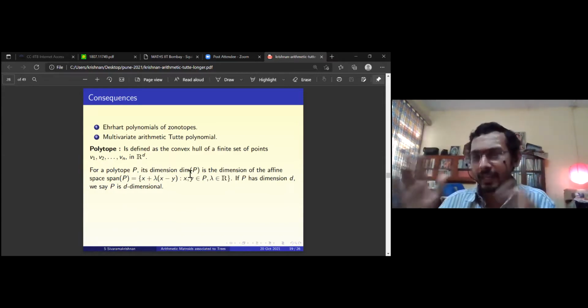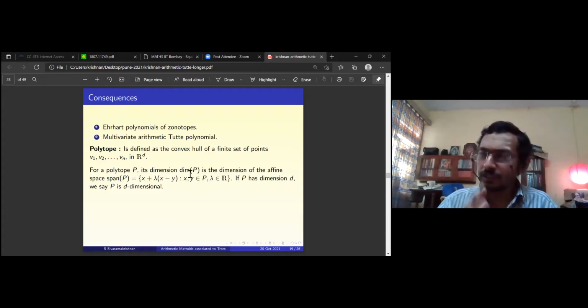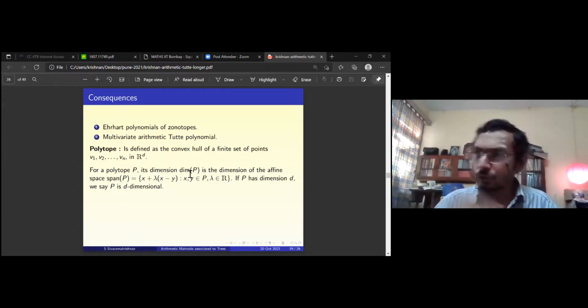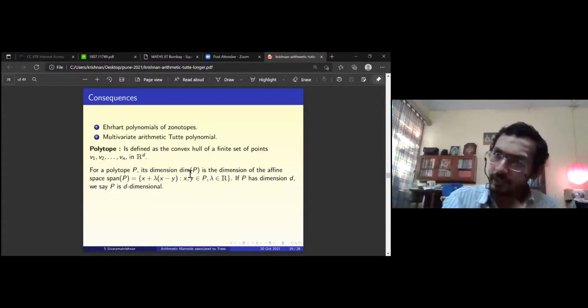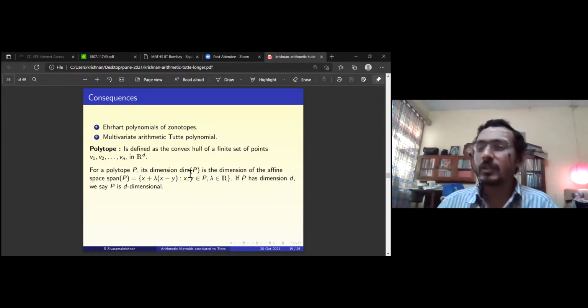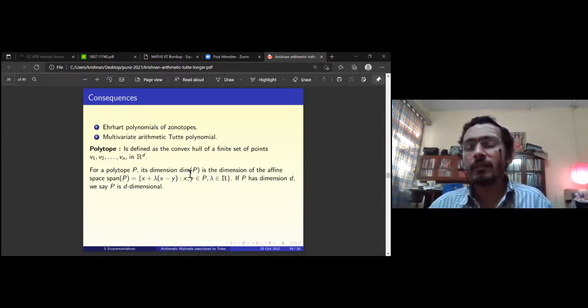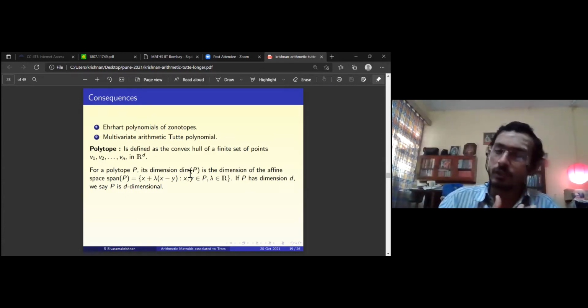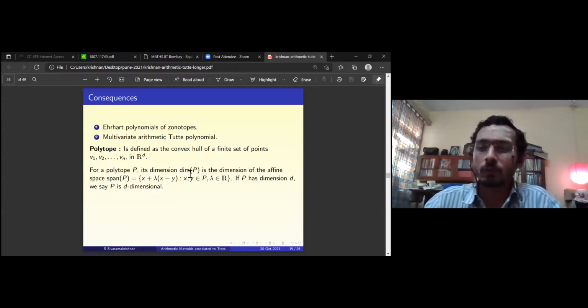See, Ax equal to b, if you look at the set of solutions, that will be an affine space. Ax equal to 0, that will be a vector space, the set of all solutions, because that's the null space of some matrix. If you put Ax equal to b, you're just translating. So you would have studied that all solutions to Ax equal to b are translates of the corresponding homogeneous system of linear equations. So affine and vector spaces are just translates of each other. If you have an affine space, you translate it to 0, and then you will get a vector space. The dimension of that vector space is the dimension of the affine space.